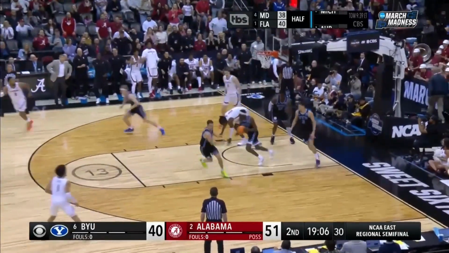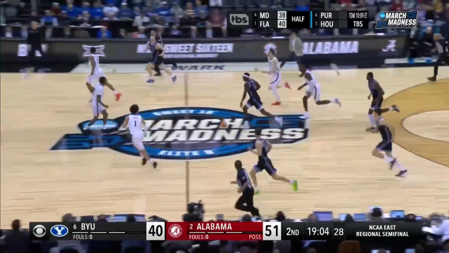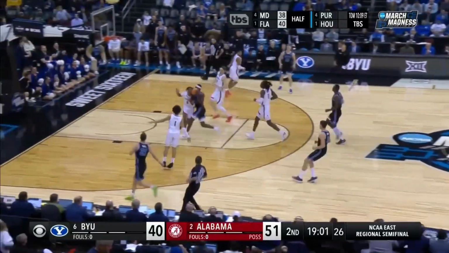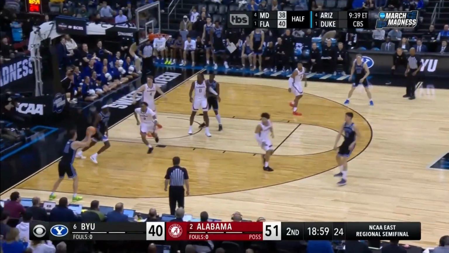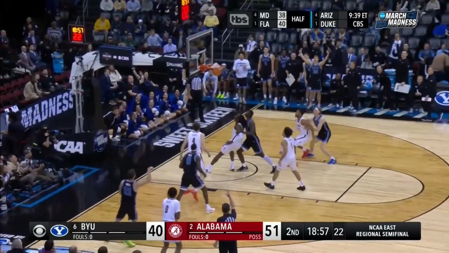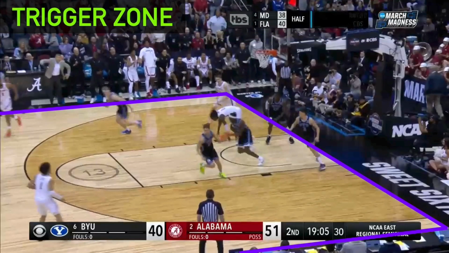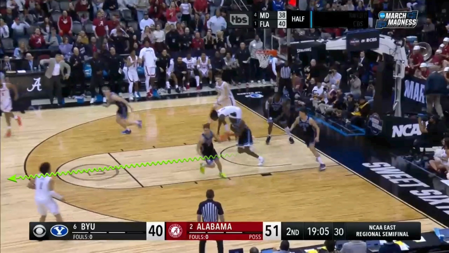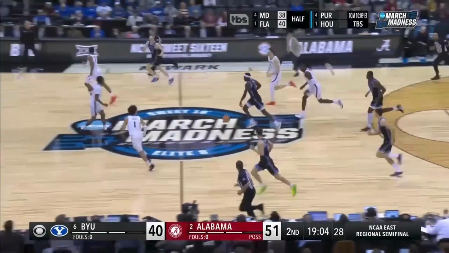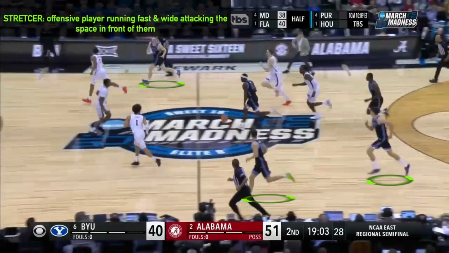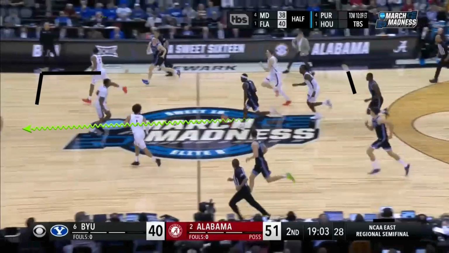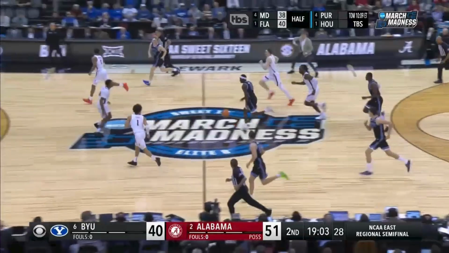So here on this clip, it's just a perfect demonstration of one of our transition principles of speed equals advantage. As we get triggered here in the trigger zone, the ball just gets to go attack fast in the open court because of the amount of space that the stretchers provide for the basketball and the pusher here. Both stretchers at the top of the screen and the bottom of the screen get to the sideline, they run wide, giving the ball lots of room to push through the dead zone as fast as it can,